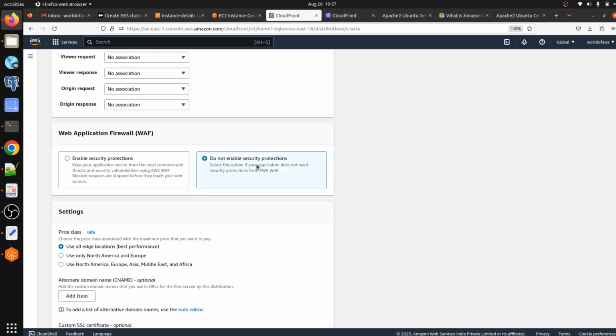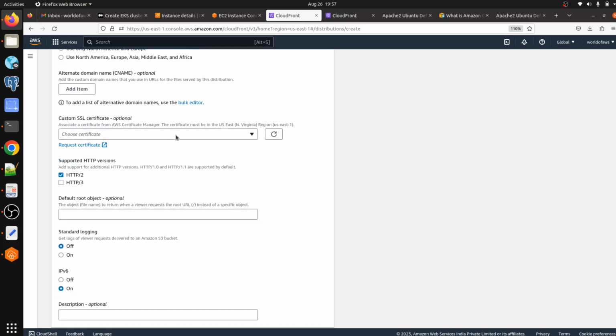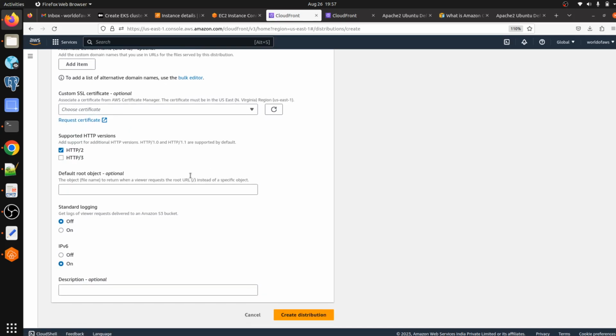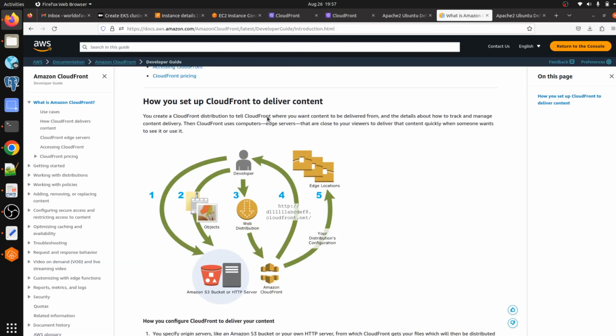So I am not going to use web application firewall for this case. You can also leverage an SSL certificate here. You need to request a certificate first. I am not going to do that because it will cost me. Okay, so we just need to create the distribution here. So we can see our distribution is getting deployed. Okay, so it will take some time.